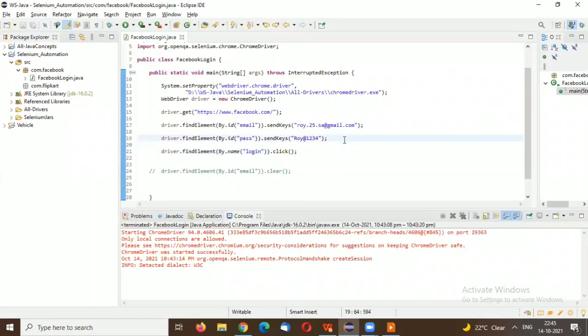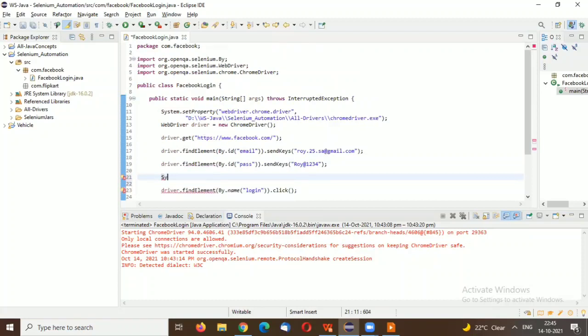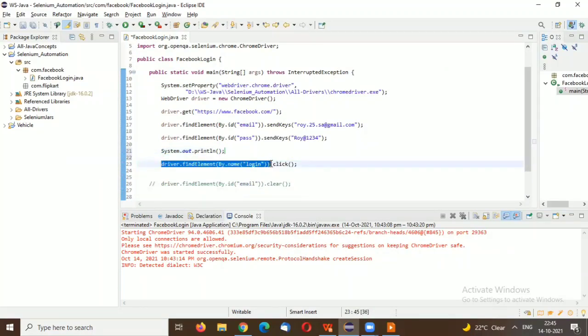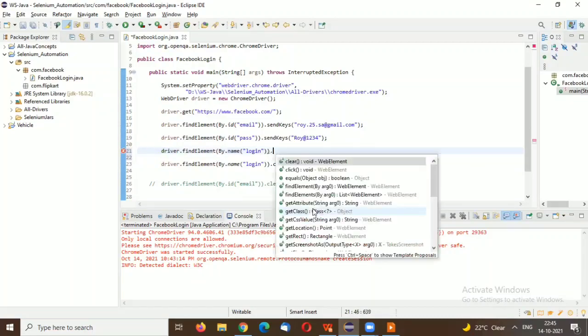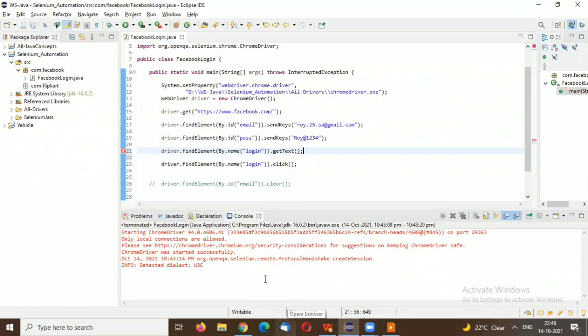With the web operation method get text, how do we get this text? System.out.println, we need to use driver.findElement by login dot getText.